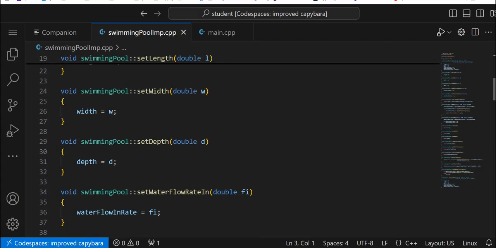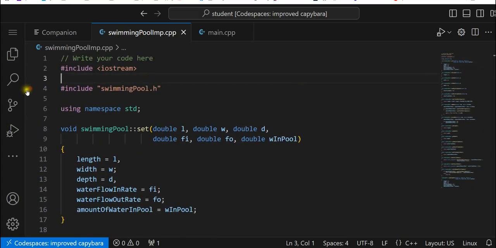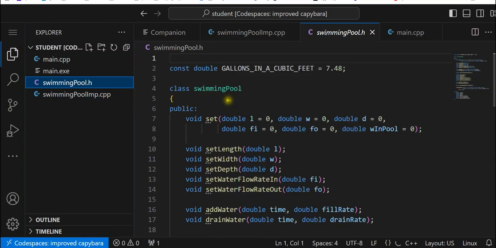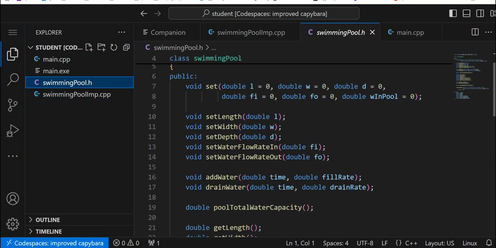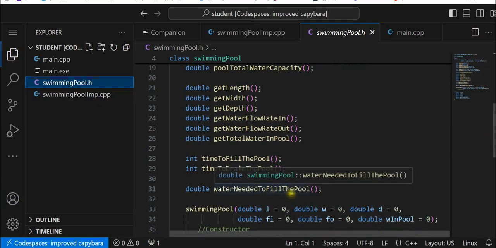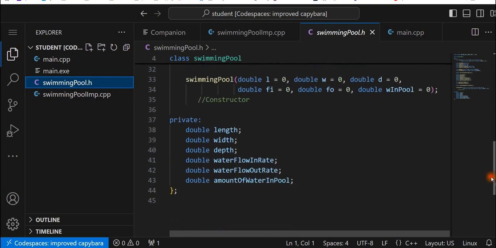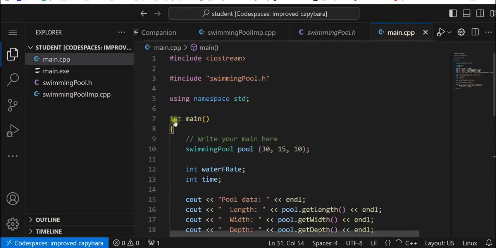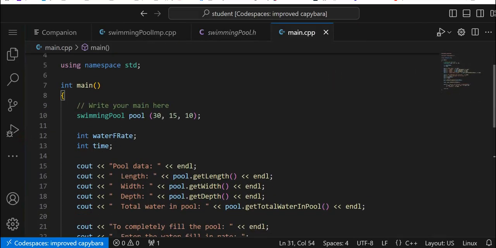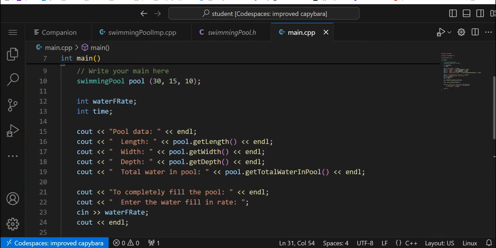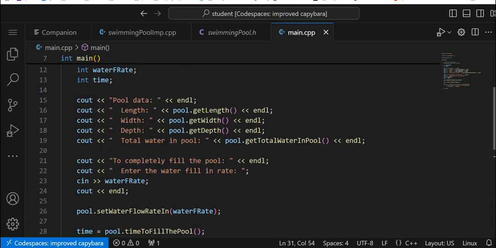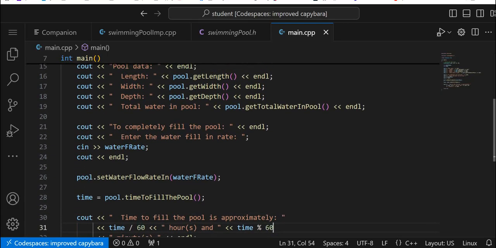It ran. Alright, let's check that. Check our header file. So these are being used. Target to fill the pool, that's perfect. So I'm thinking it should be in our main. I spelled pool with 2 L's. Pool data, the water in pool. Alright, so